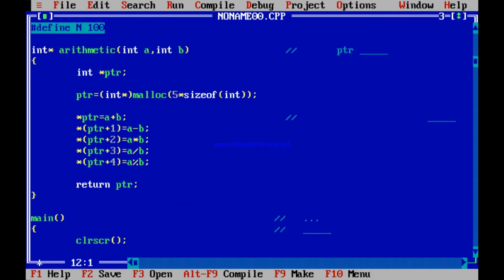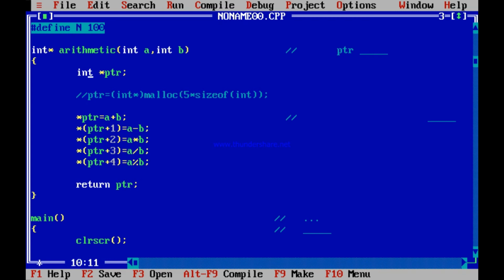Here you have declared a pointer, not allocated, declared a pointer, and then you allocated 5 memory locations, and there you kept the sum, difference, multiplication and all those. Achha, what if I don't allocate memory like this?